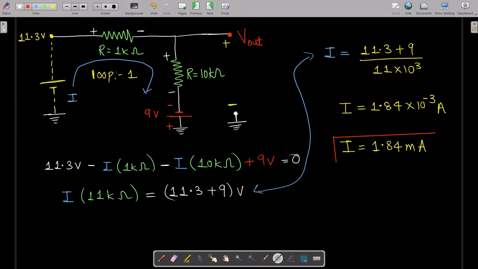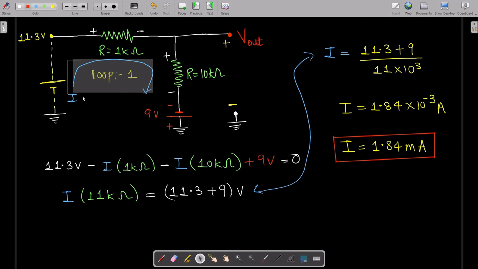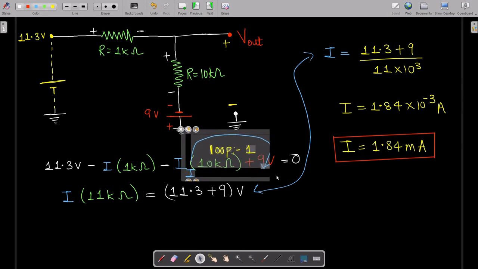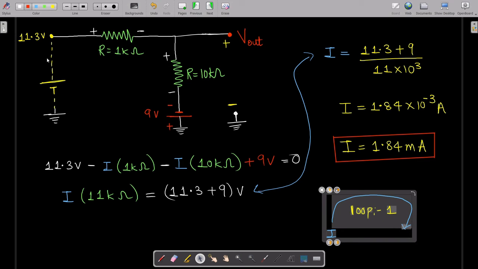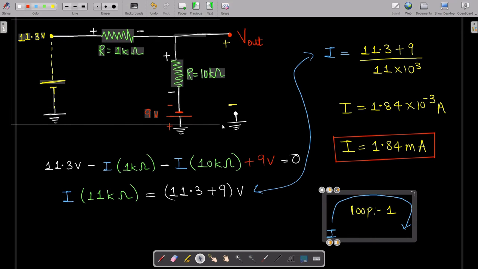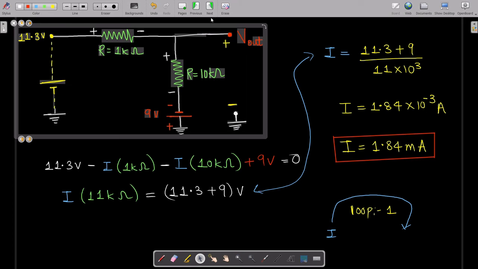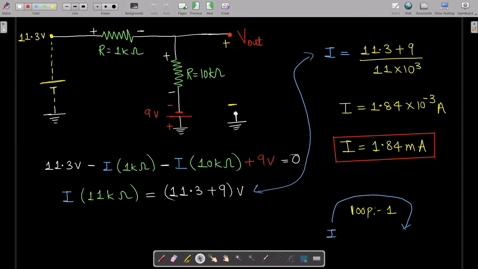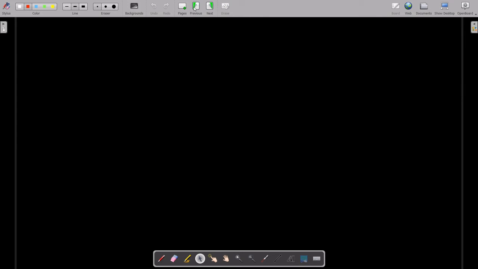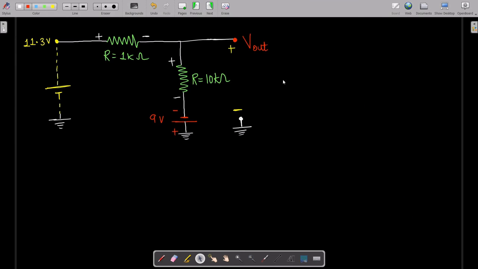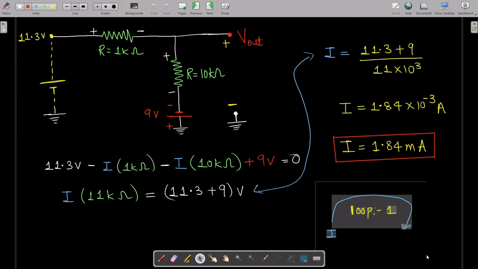So yeah, this is the value of current which I got, that is 1.84 milliampere. So that means, let me bring this circuit over here, because I want this particular circuit. I will take it and place it again over there. Yes, Control C, and I will add the next page. Control V somewhere over here, and then I will place this thing over there again.